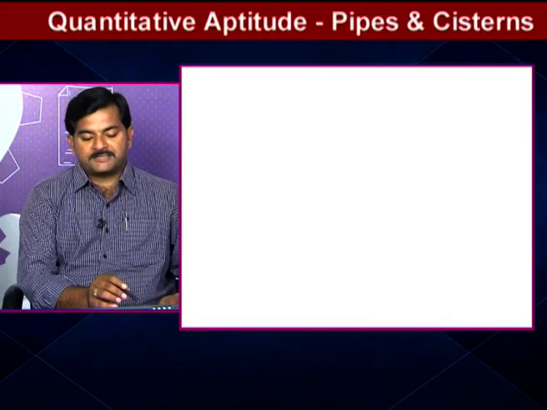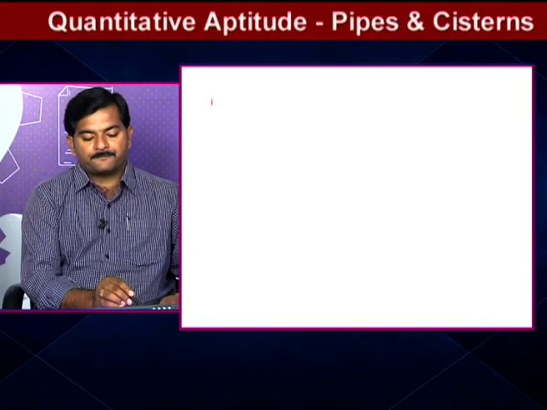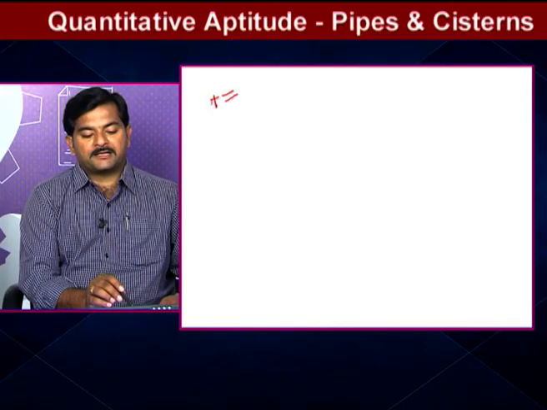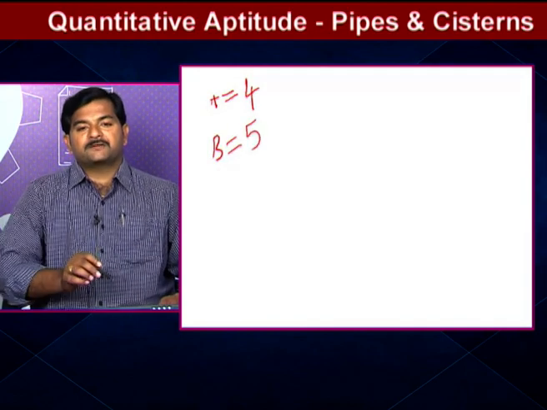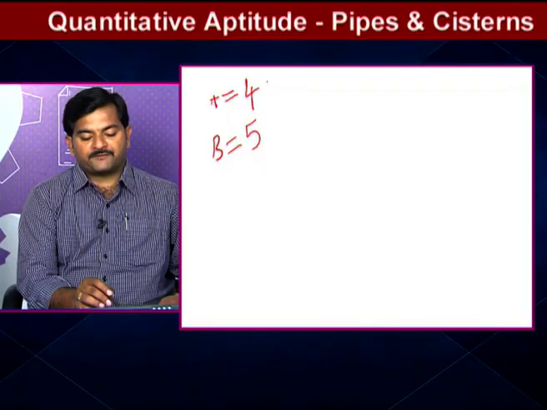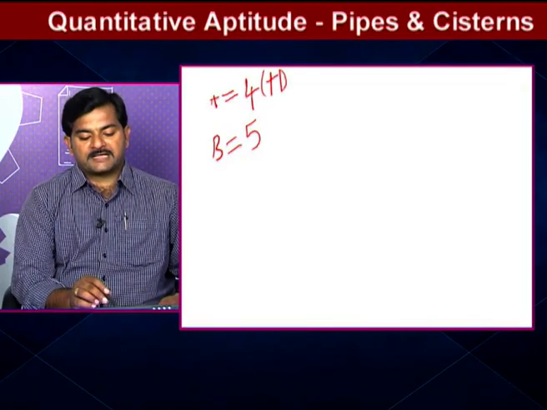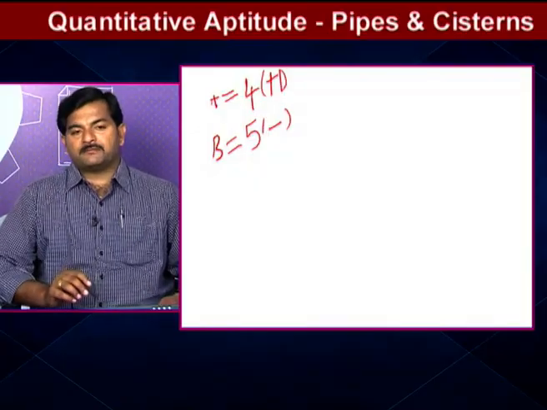I am taking a separate sheet to solve this. Observe here. Let's say the first pipe is Pipe A. It can fill the tank in how many hours? 4 hours. Similarly, pipe B can empty the tank in how many hours? 5 hours. Here the first pipe is filling, that's why I am taking plus, but the second pipe is emptying, that's why I am taking minus. Again the concept is the same. 3 types: 1 by 4 minus 1 by 5 is type 1, and the second type is, as I just told, xy by x plus y, which is for together. Since here the second pipe is emptying, filling means plus, emptying means minus.